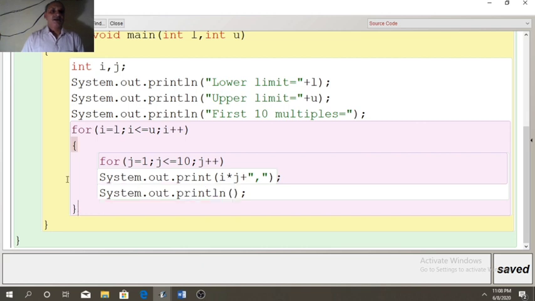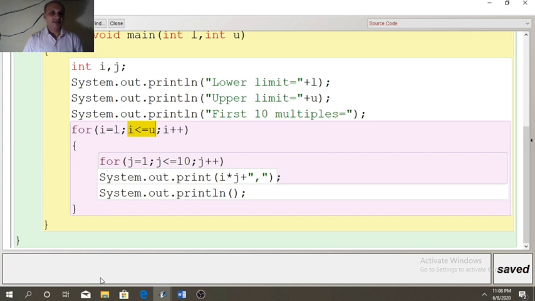Now after the body is over, now i will become 8. Now 8 is less than or equal to 7, that is false. So loop has executed 3 times, outer loop, 5, 6, 7, and we have got table of 5, 6, 7.